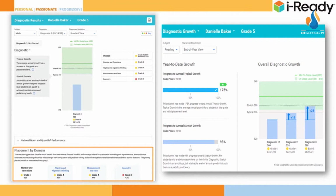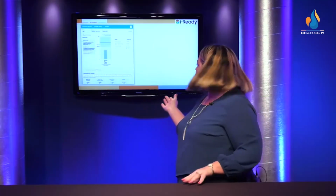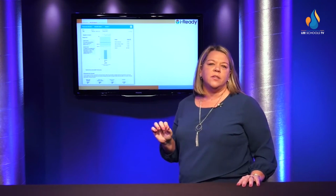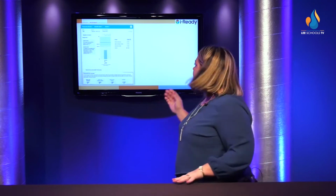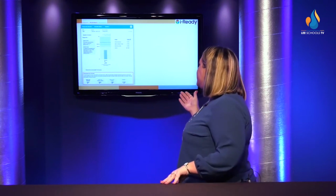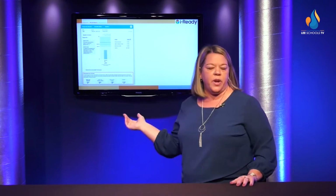So this is an example of the diagnostic report that the teacher receives after a diagnostic is administered. As you can see, it has the same bar graph for each student, but on the bottom of their report, it shows their scale score for each specific domain. So it will also show if they need, this is a math diagnostic, so it would show if they need additional intervention in geometry or algebraic thinking, or maybe they scored very high in those domains and they need enrichment